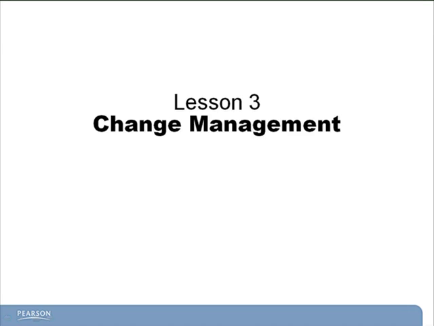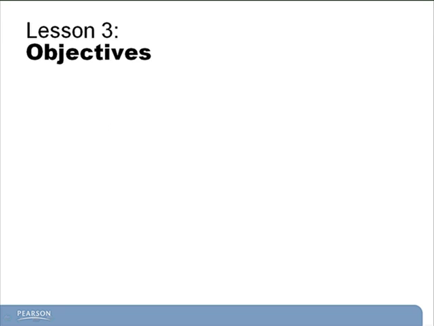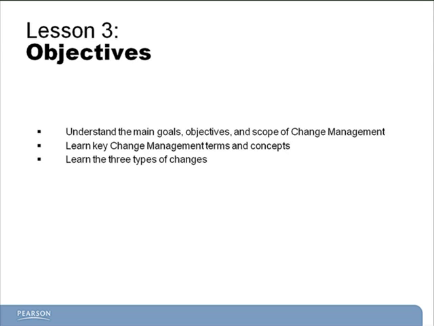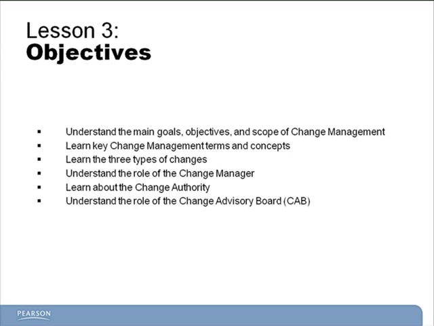Lesson 3 describes the service transition process called change management, and this process has 9 objectives. First, we'll understand the main goals, objectives, and scope of change management. Next, we'll learn key change management terms and concepts, including the 3 types of changes. We'll also learn about the role of the change manager, as well as the change authority and the change advisory